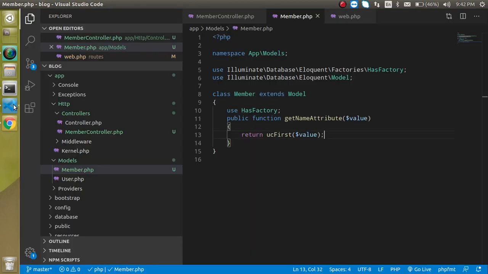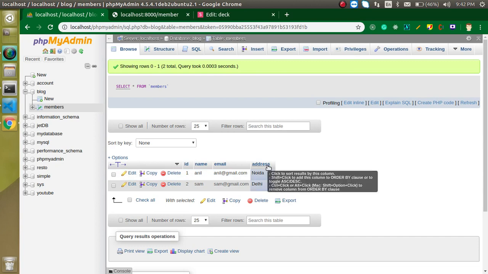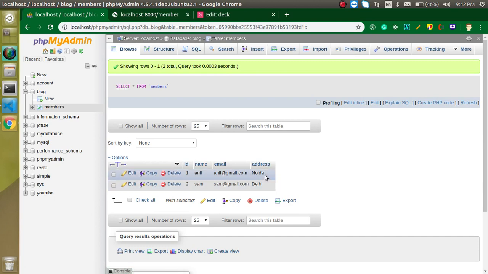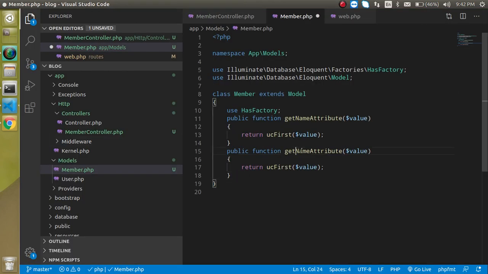So now let's try one more example, where you want to change something inside the address. Let's say you want to put India at the last of this address, like Noida, Delhi, and Noida, India, and Delhi, India. For that, you just need to write here get, your column name, which is address, and just simply write return, and put here dot, comma India.